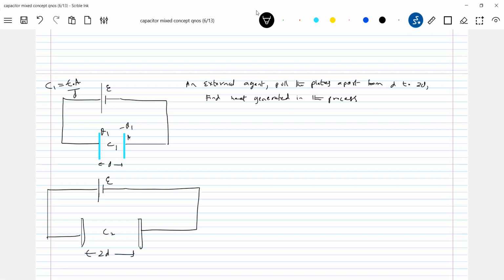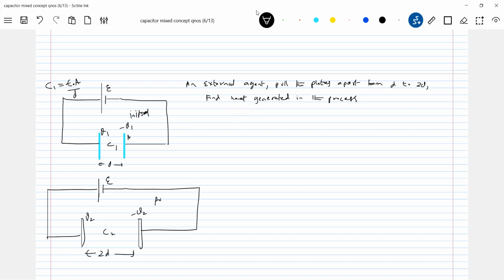Now tell me, what parameter of the capacitor is fixed here? The potential, because it is directly connected across the cell, so the potential drop will be fixed. Then I'm going to vary the capacitance. So what has to change now? The charge is going to change. The charge will be some other charge, we don't know how much. Let it be Q2. So first we'll calculate Q1. What is Q1 from the diagram?